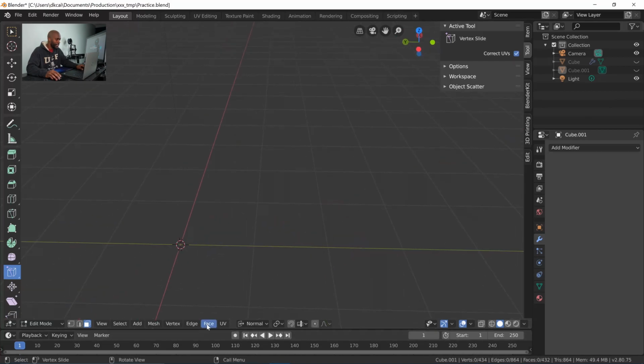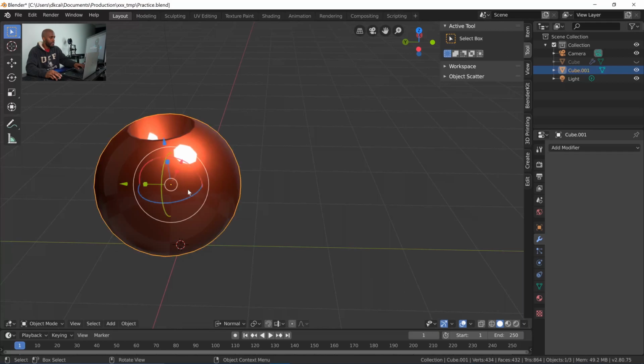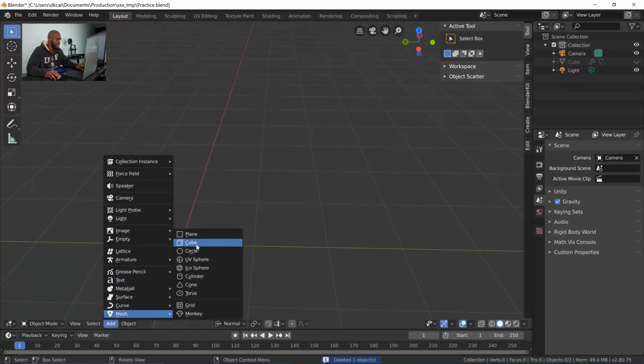So what I did last time is, you're going to add mesh cube,